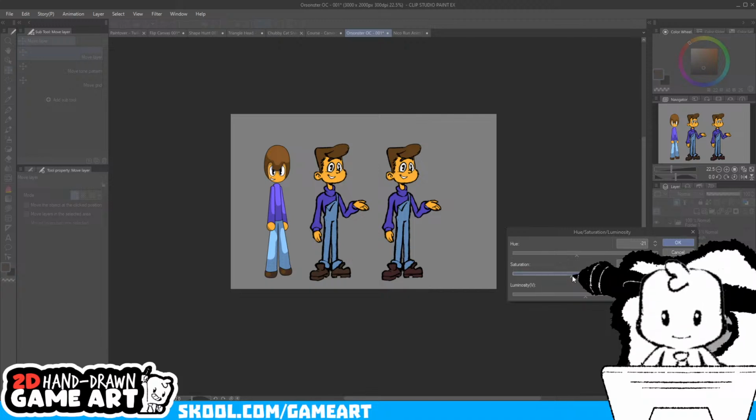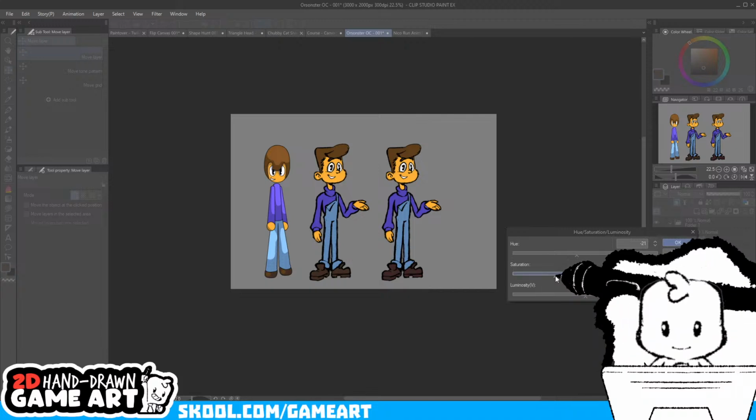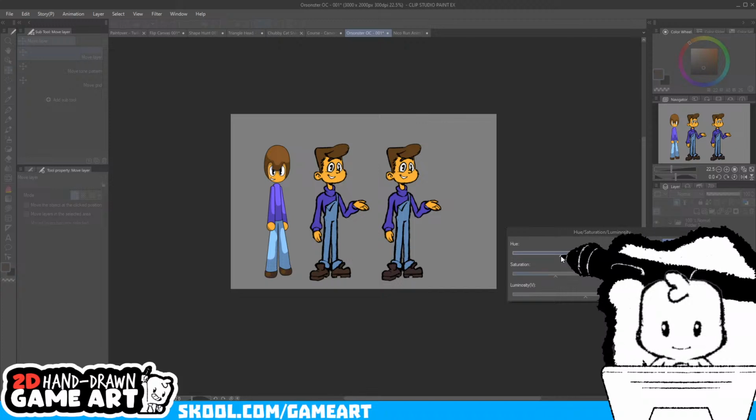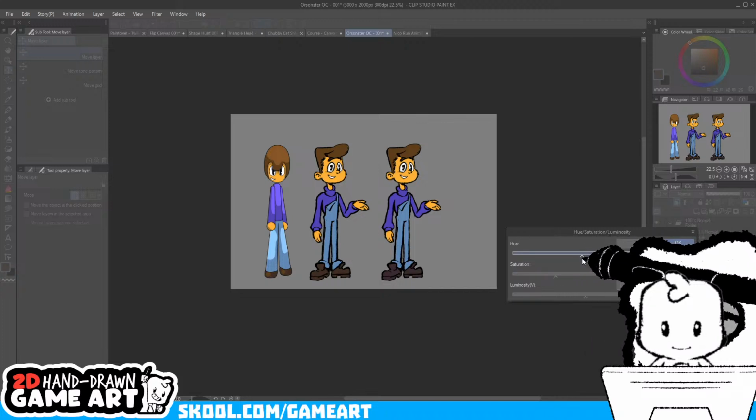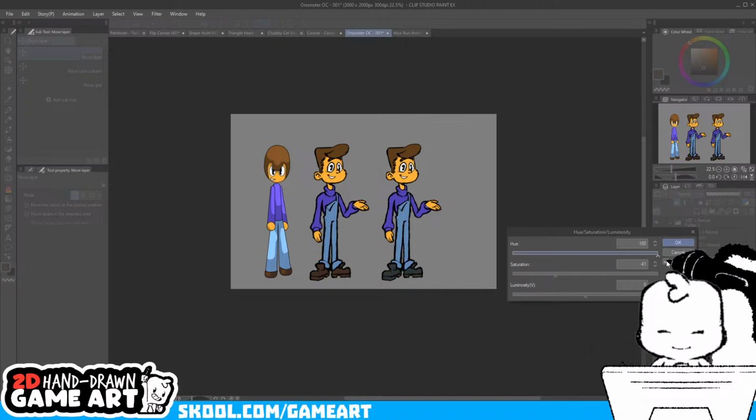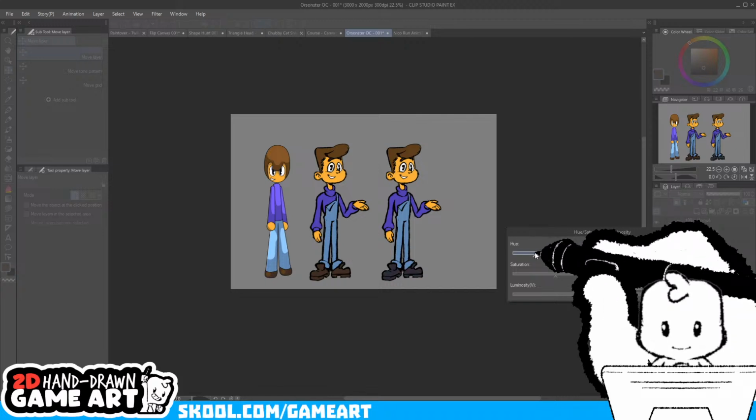I don't want the boots to be too close to the hair color. I might push it a little closer to blue or purple.